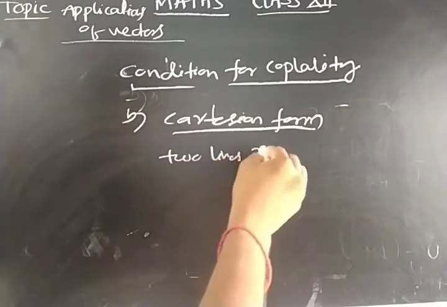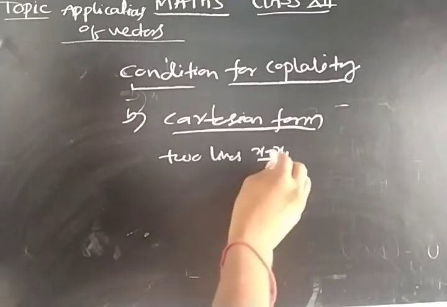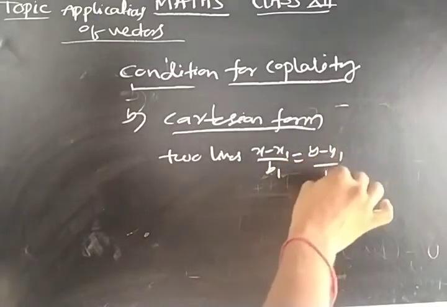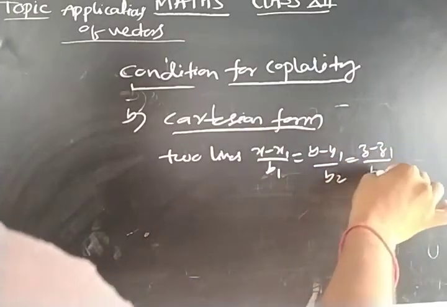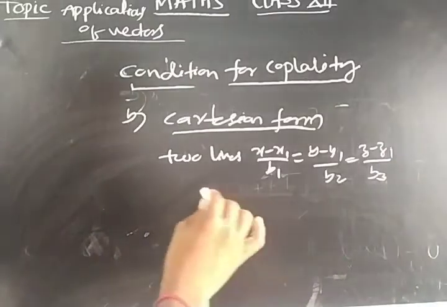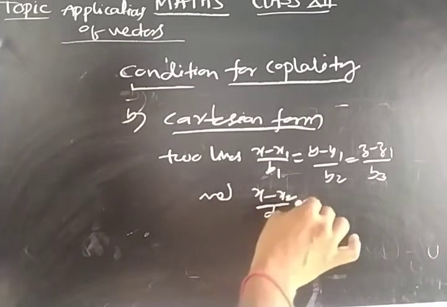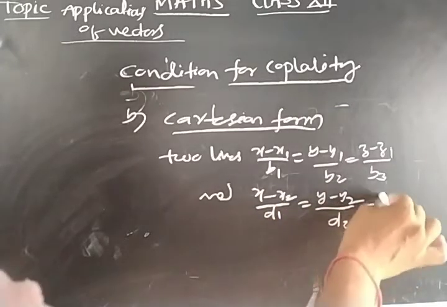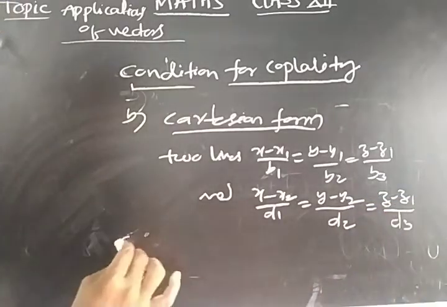I am taking two lines in Cartesian form: x minus x1 by b1, y minus y1 by b2, z minus z1 by b3, and the second line, x minus x2 by d1, y minus y2 by d2, z minus z2 by d3,